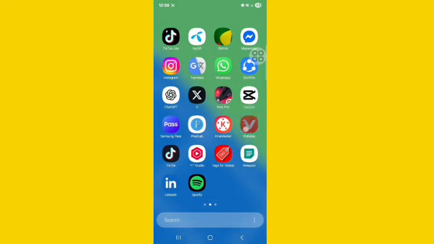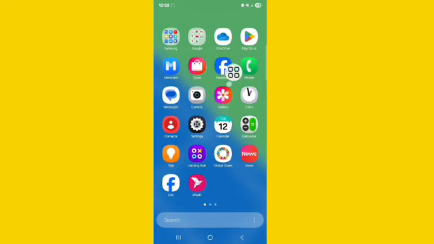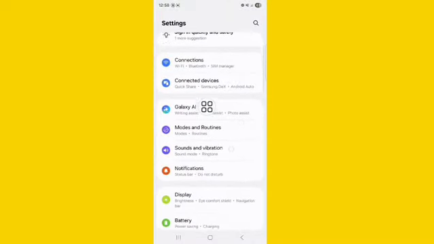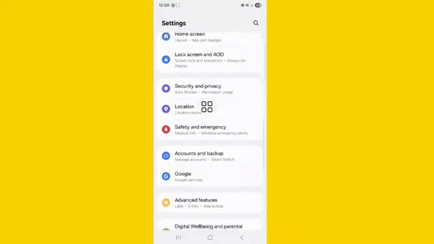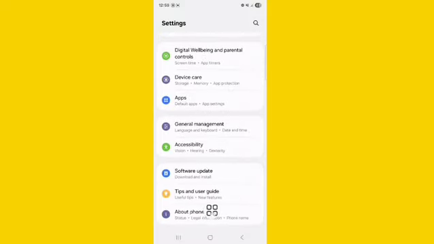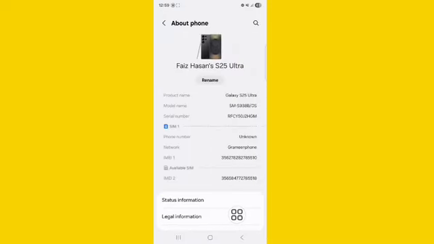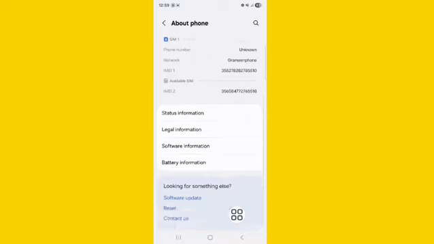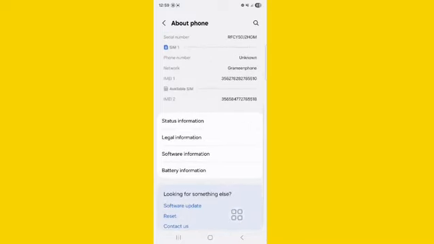First of all, you open up settings, tap on this, scroll down here, you go to about phone, go down and tap on software information,